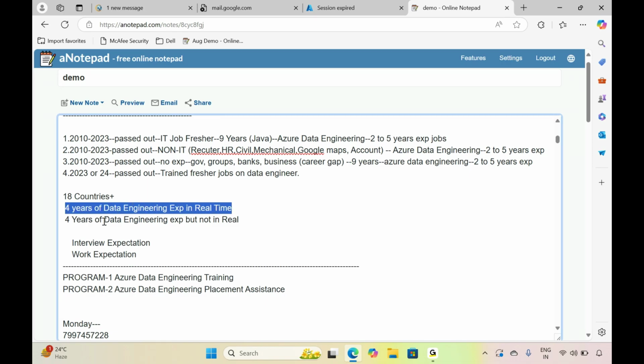For example, a person who has worked 4 years on Azure data engineering in real time is attending the same interview in a company, and you are also attending that interview.